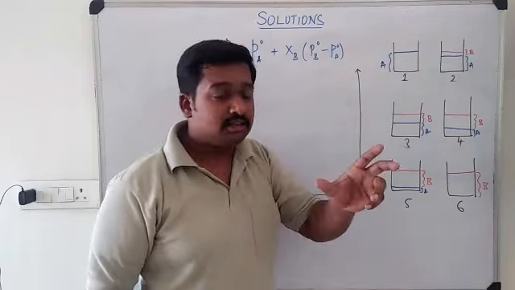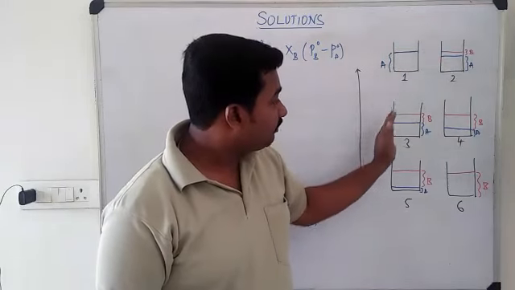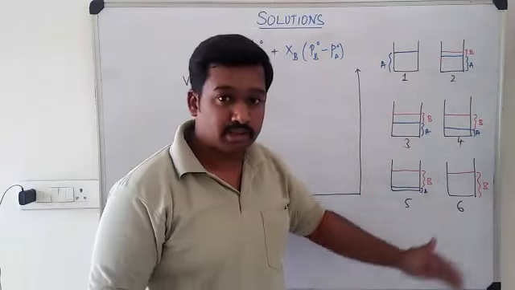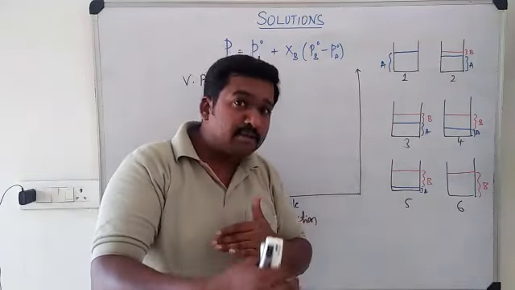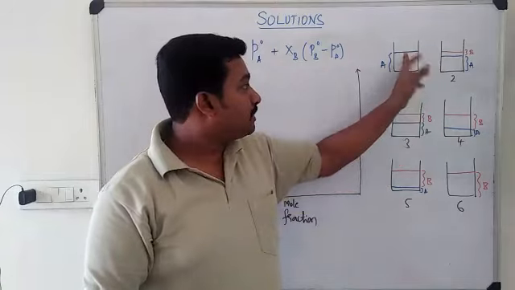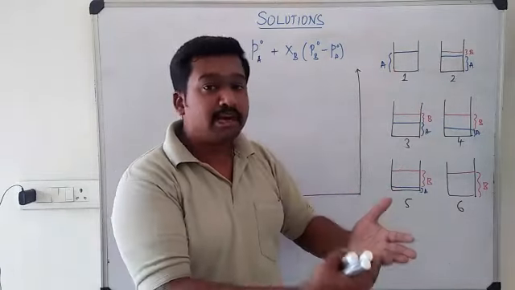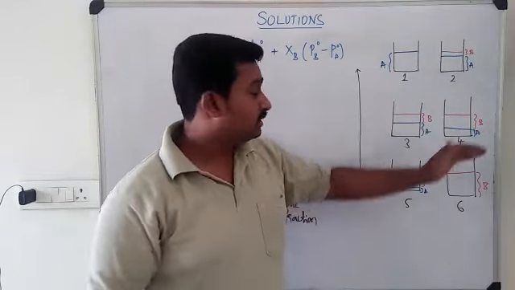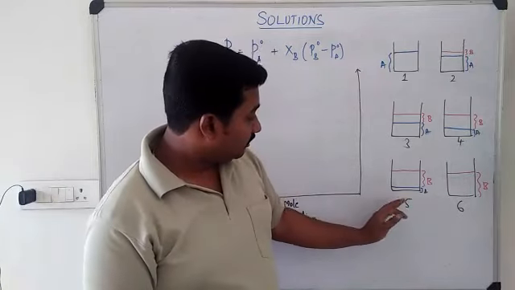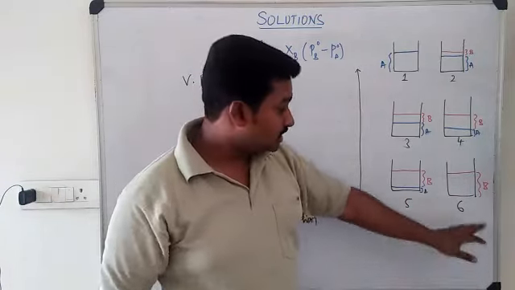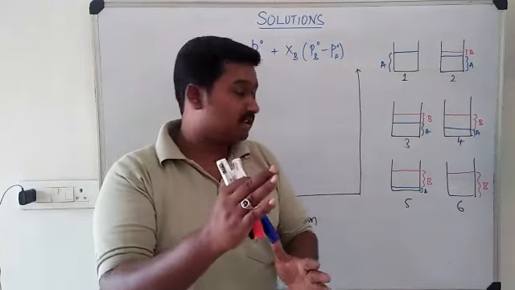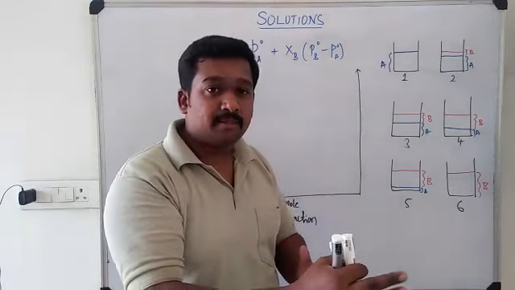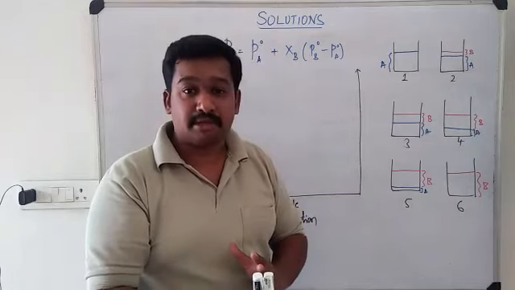Slowly, gradually, I am decreasing the amounts of A in each case. In every increment, I am decreasing the amounts of A and increasing the amount of B. In first case, B was 0. In second case, some 20 ml. In third case, 50 ml. In fourth case, 70 ml. In the fifth case, 90 ml. And in sixth case, completely B. So, in one direction, I am decreasing A and in the other direction I'm increasing B.